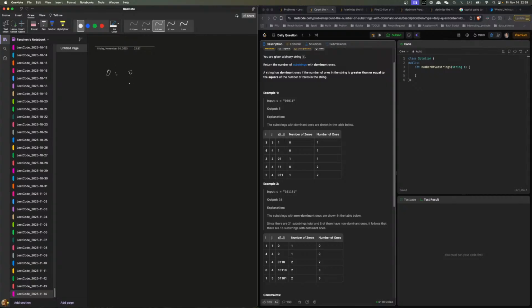So we should be like 0, 0, right? 1, 2, 3. Then we need just the count of ones to be greater than or equal to 1. With one zero, 1 is also greater than or equal to 1, because the square is also 1, and then you need a larger number of ones, like this. But if you have 2 zeros, then you need at least 4, right? The number of ones must be at least the square of the number of zeros, right? So the square is